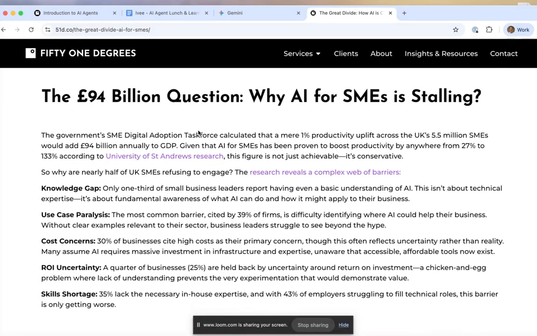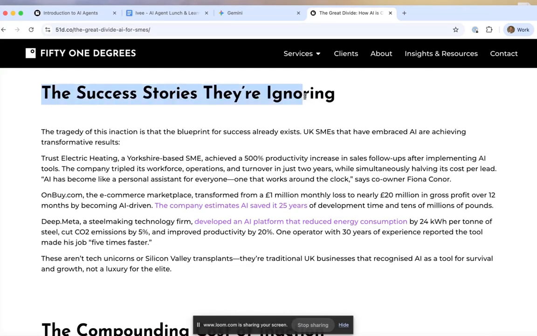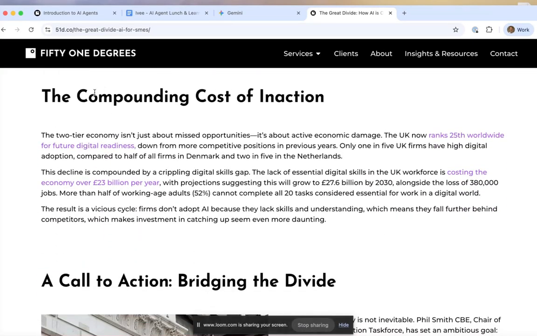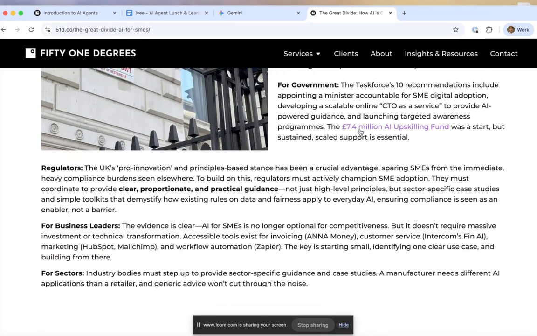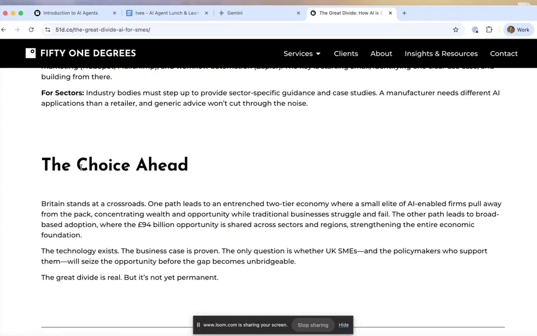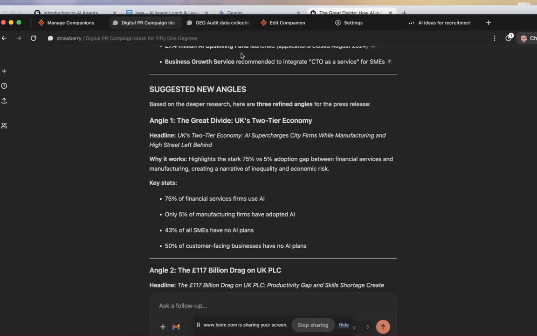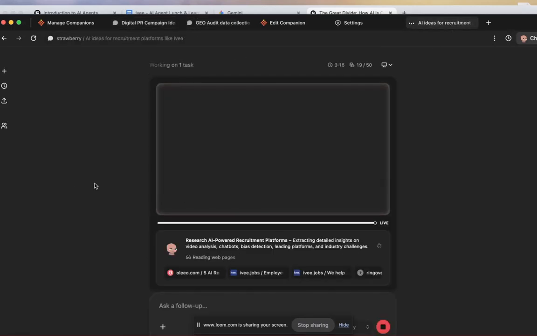It goes on into why AI for SMEs is stalling, some of the success stories it's ignoring, the compounded cost of inaction, a call to action, and what we're going to do about it. So this is the piece of research that was written by Strawberry Browser from this prompt that I have given it. We'll go back to Strawberry Browser now and see how it's getting on.